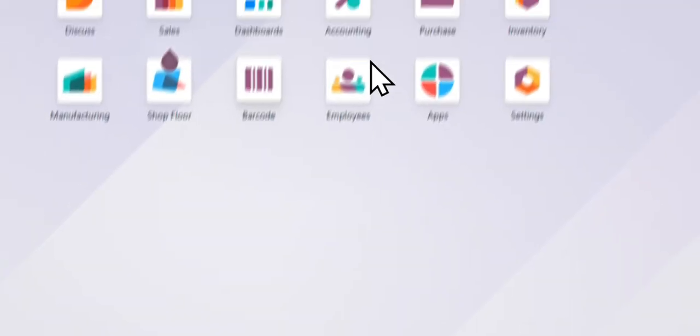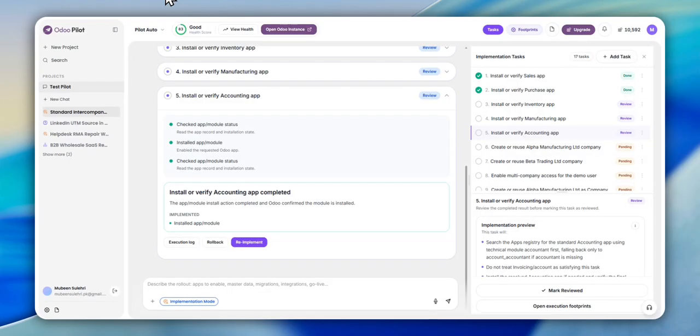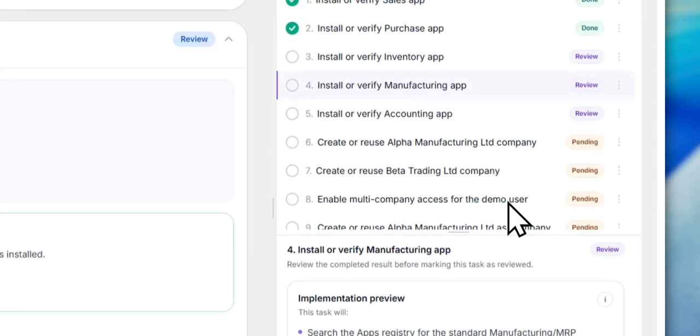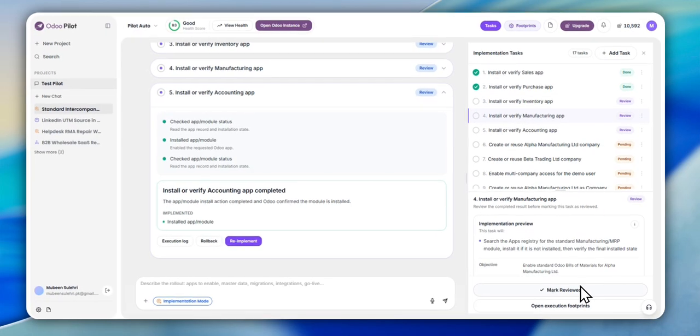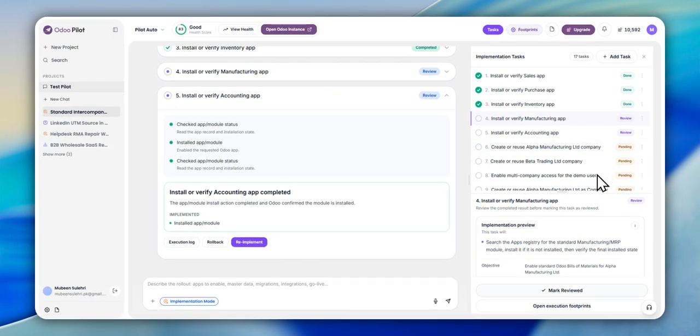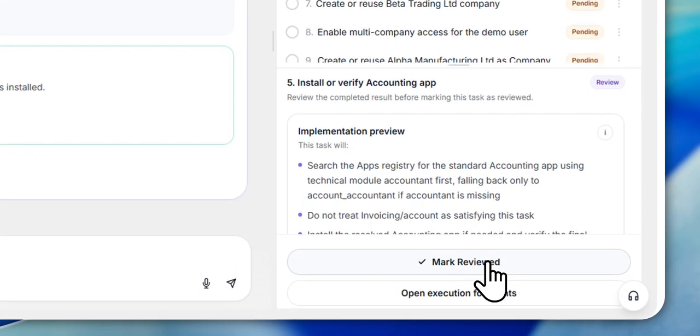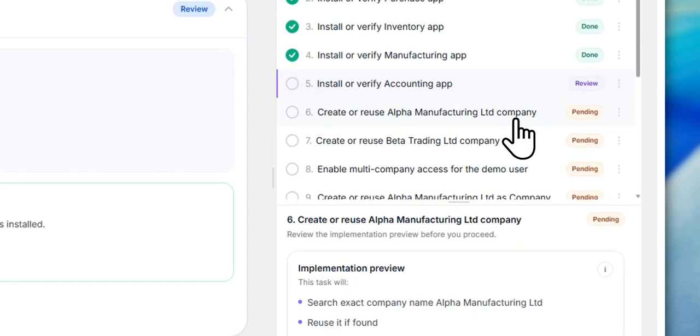We refresh and see, and all the apps are installed: accounting, manufacturing and the other apps are also there. We mark them reviewed. So all 5 tasks are done now.